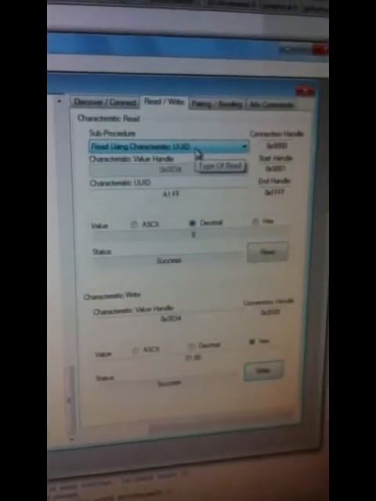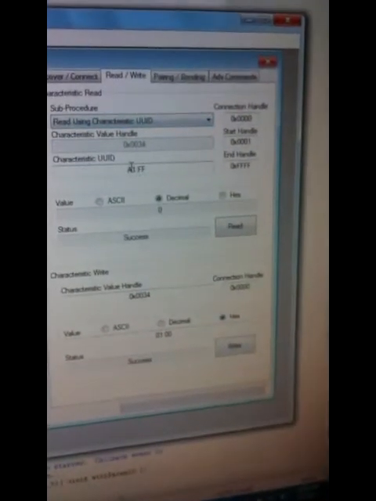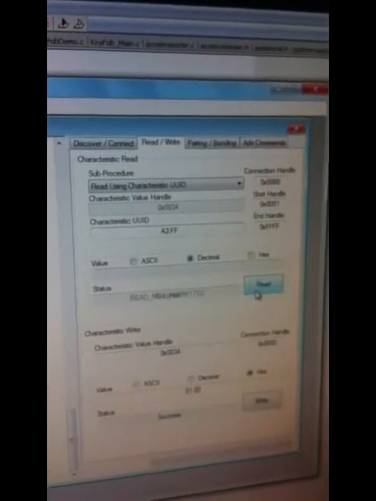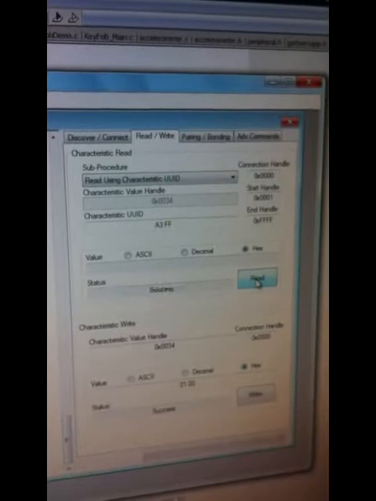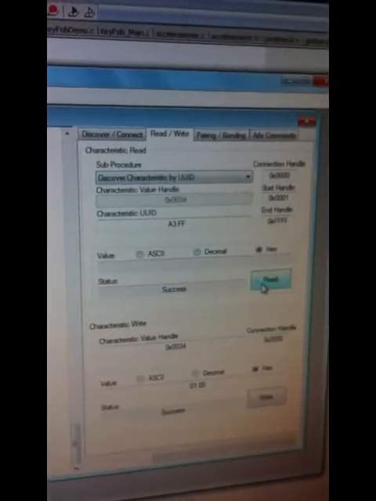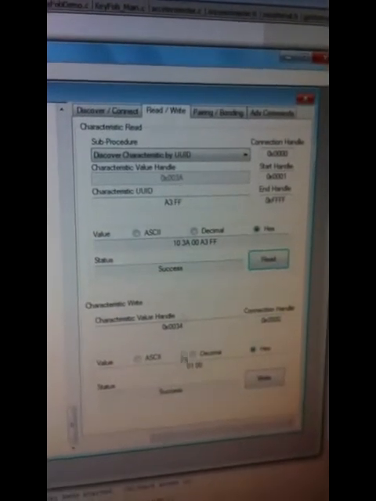Well, we also need to turn on the individual directions of the axis. So the x-axis is at A3FF, and if we read the value, okay, reads not permitted here. So we'll just discover the handle of the x-axis, which is at 3A.